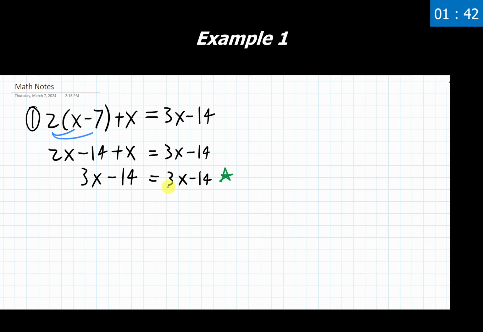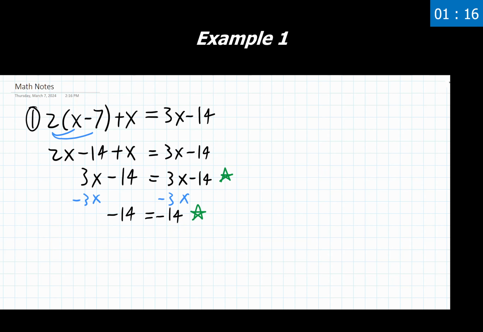I want to get rid of this 3x on the right side here. And that's perfectly fine. That's your call. On the left side, I get negative 14 equals negative 14. Right here is again another spot where we're noticing, hey, these two sides of the equation are identical to one another. They're the exact same thing, which means I have an identity and I have infinite solutions.